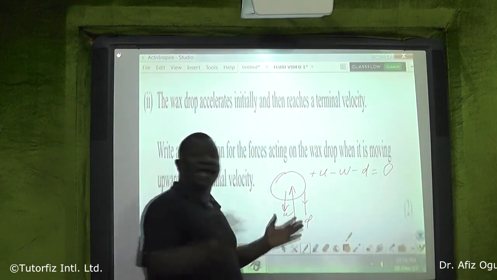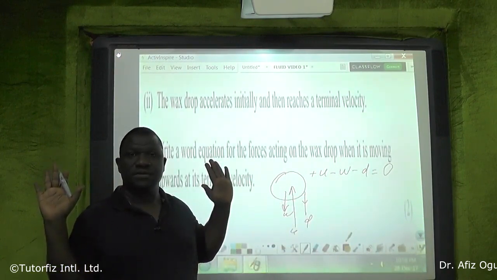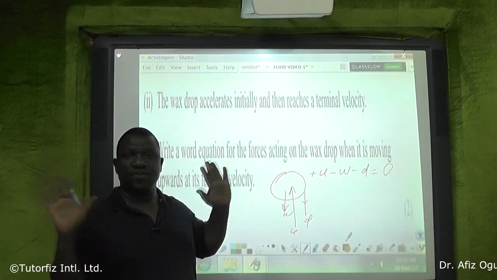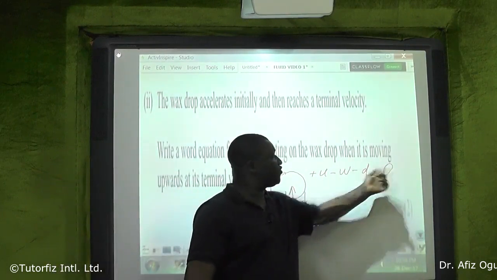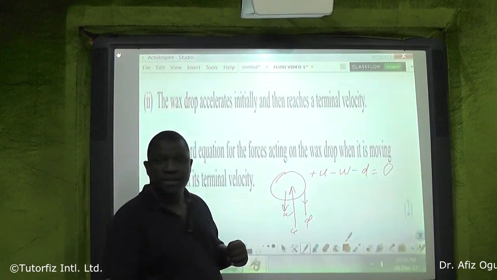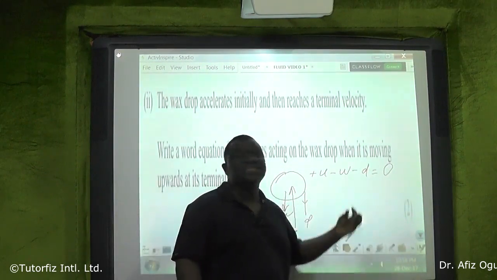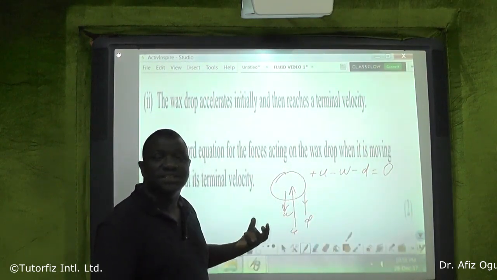Resultant force is 0 at what? Terminal velocity. When at terminal velocity, resultant force is 0, so that means upthrust is equal to weight plus drag force. If you must write figures like this, please, as I've been writing since, you have to